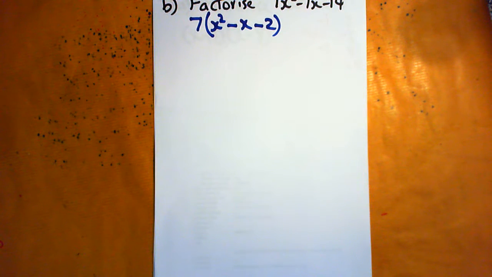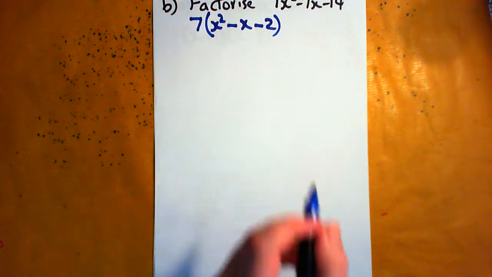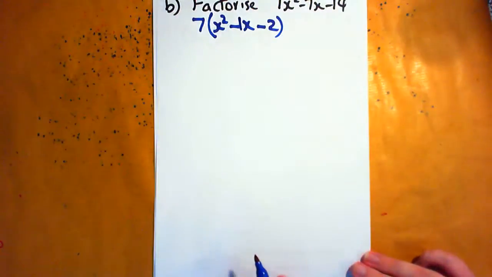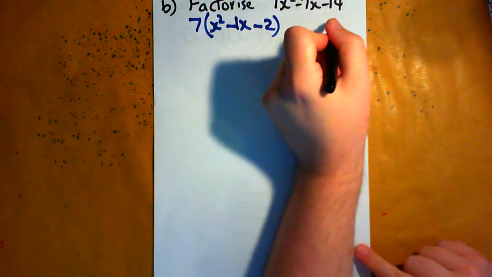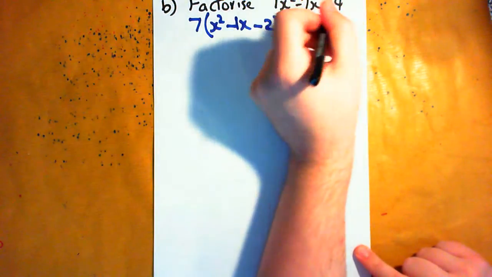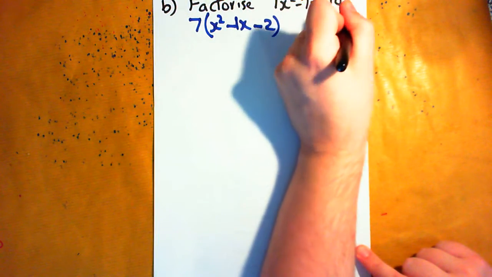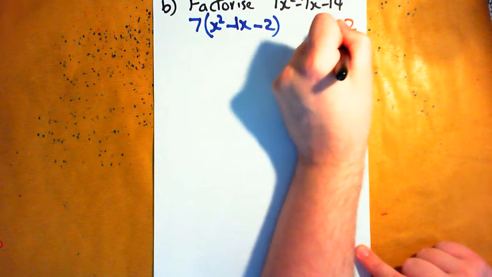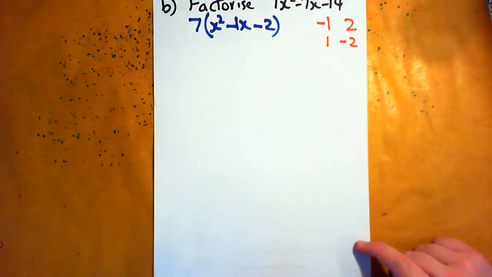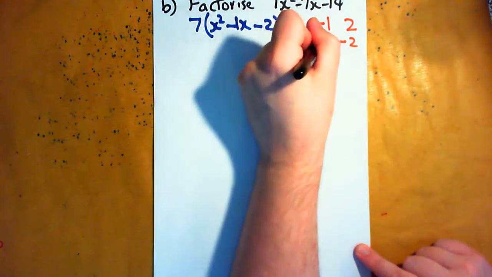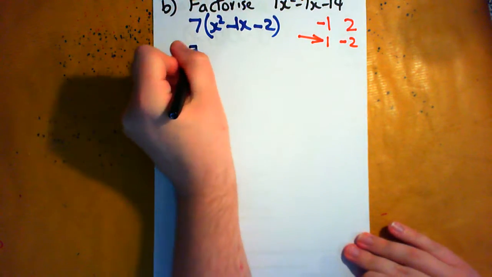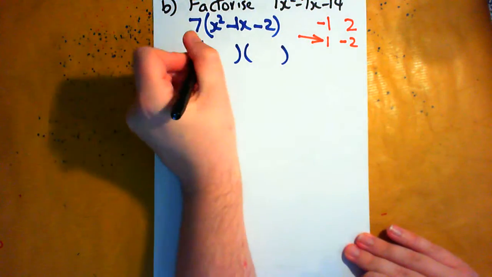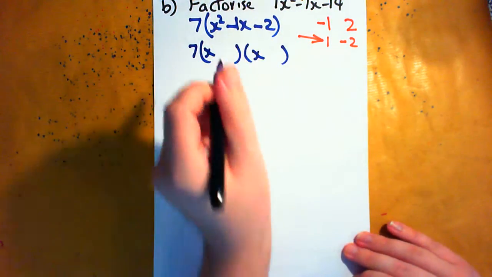So it's again got that quadratic look. We're looking for two numbers that add to negative 1 but multiply to negative 2. We're looking for pairs of numbers that multiply to 2, which could only be 1 and 2. So negative 1 times 2 and 1 times negative 2. Which one adds to negative 1? That pair there. So it's going to be 7 and then two brackets, each with an x,